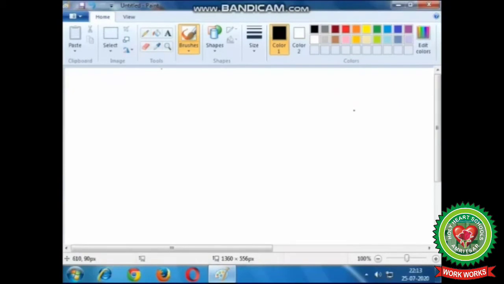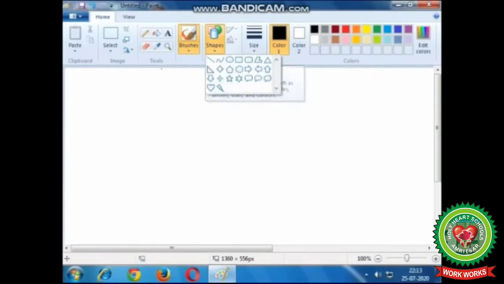Now children, first of all, let's draw one shape in the drawing area. For that, under the Shapes group, choose any shape of your own choice. Like here, I am going to choose a triangle.